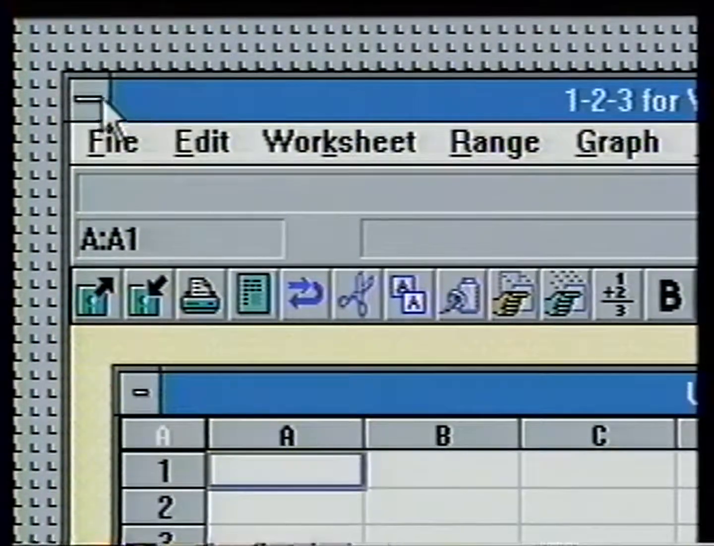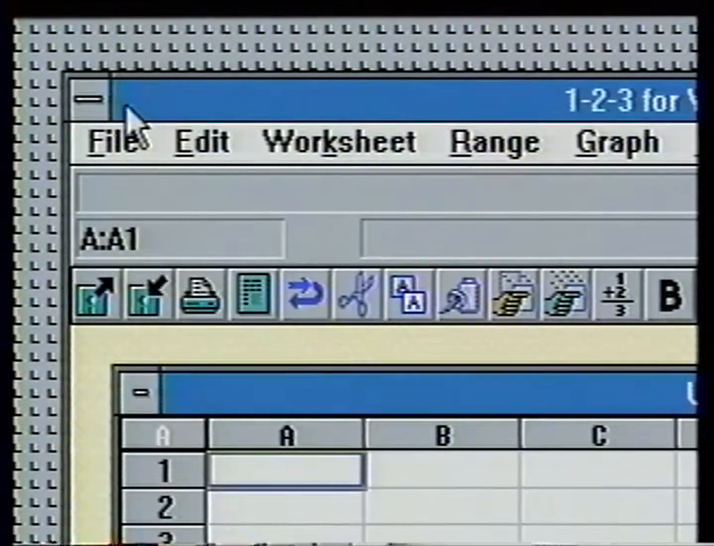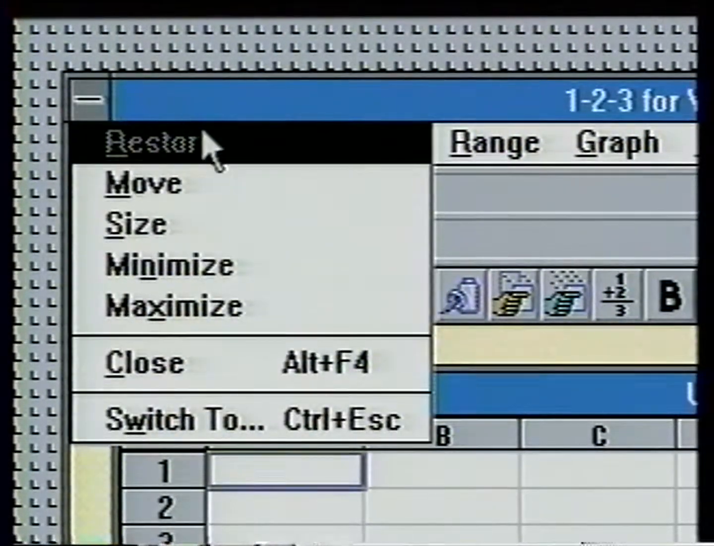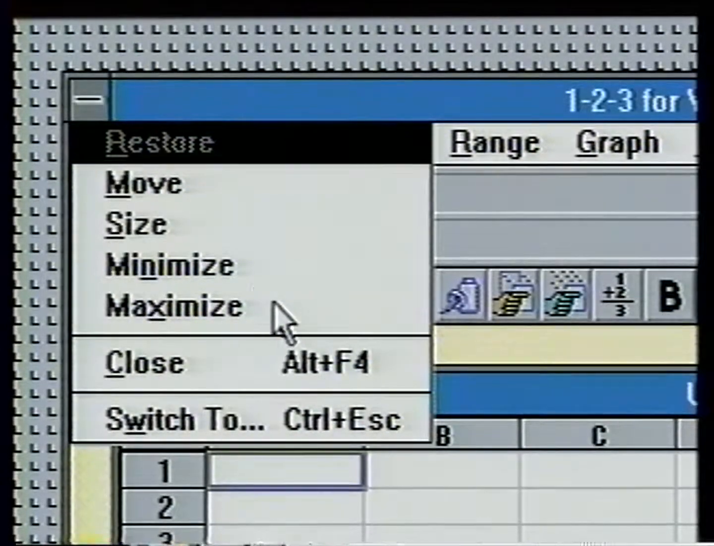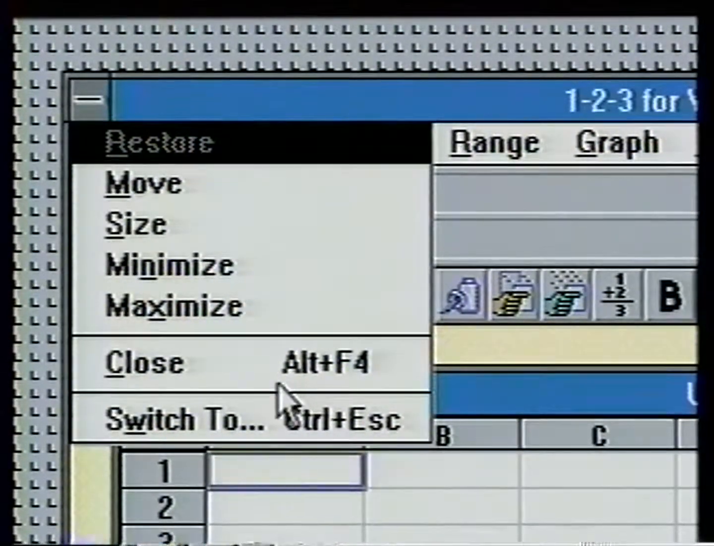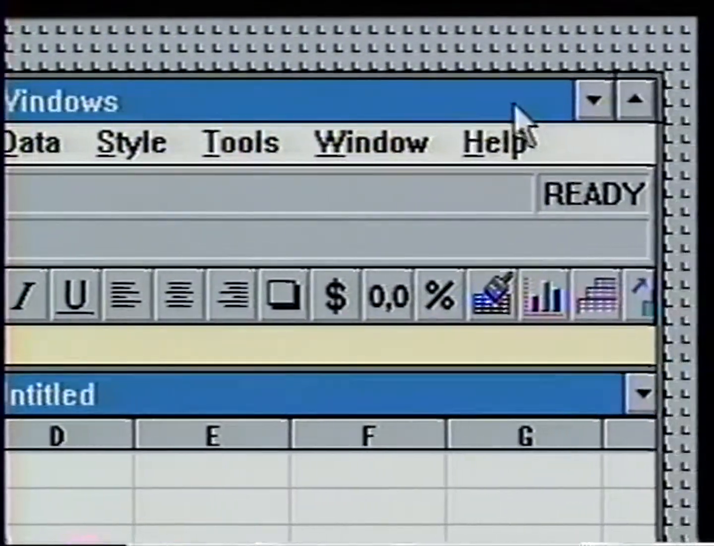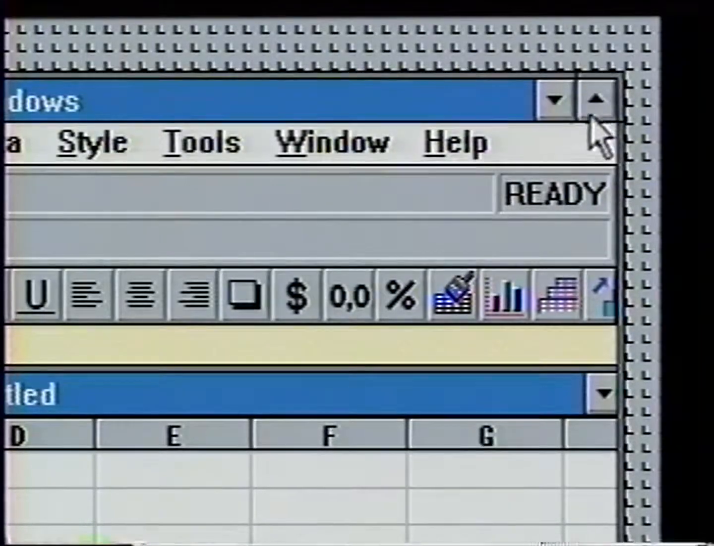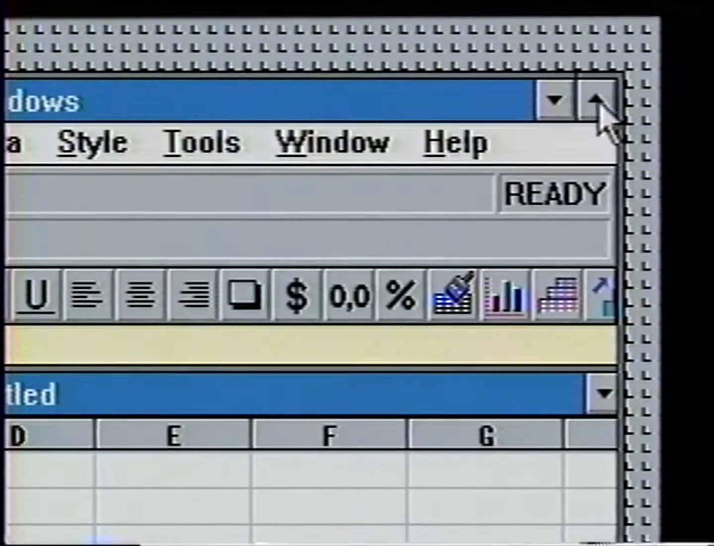At the extreme left of the title bar is a dash referred to as the Windows Control Menu box. When we click on it, the Control menu appears. This menu is for minimizing or maximizing the window. Minimizing is making it small. Maximizing is making it large. From here, we can close the program or switch to a different application. At the extreme right of the title bar are the Minimize and Maximize buttons. These are easier to use when reducing the window to an icon or when enlarging it to fill up the